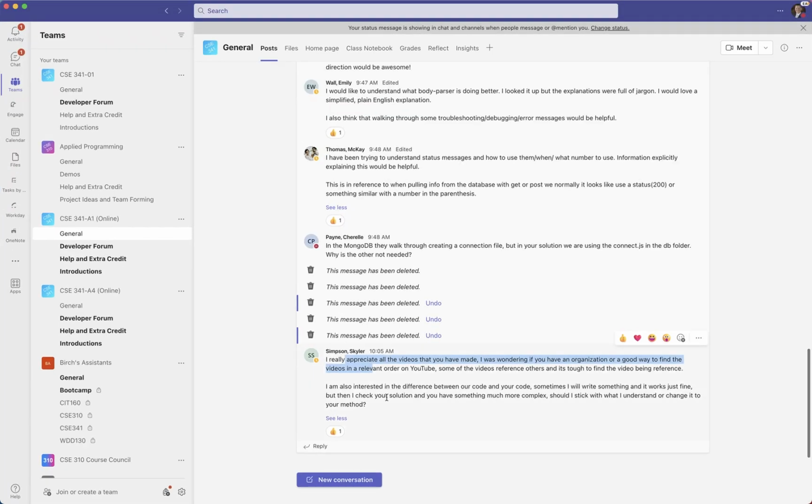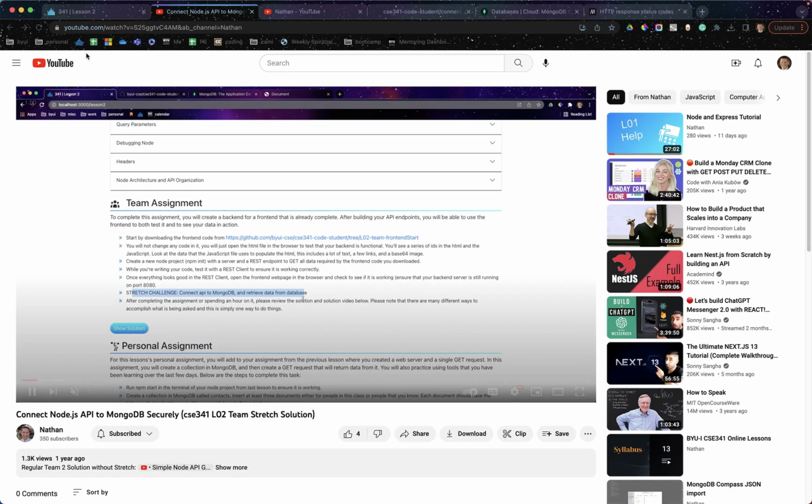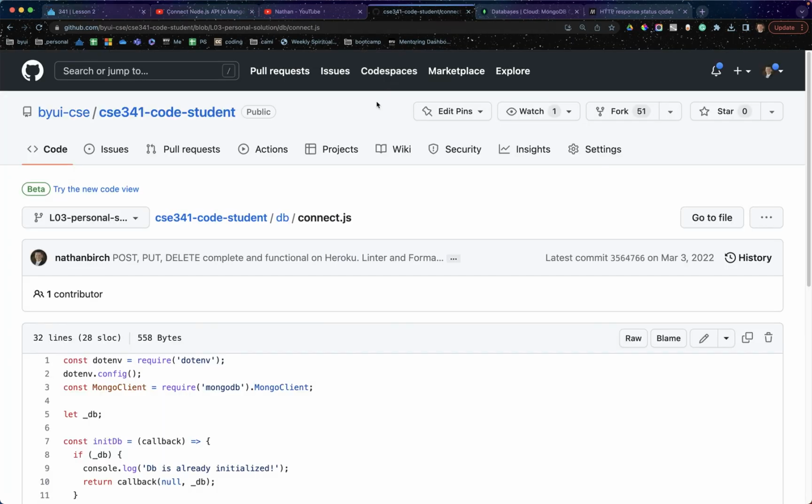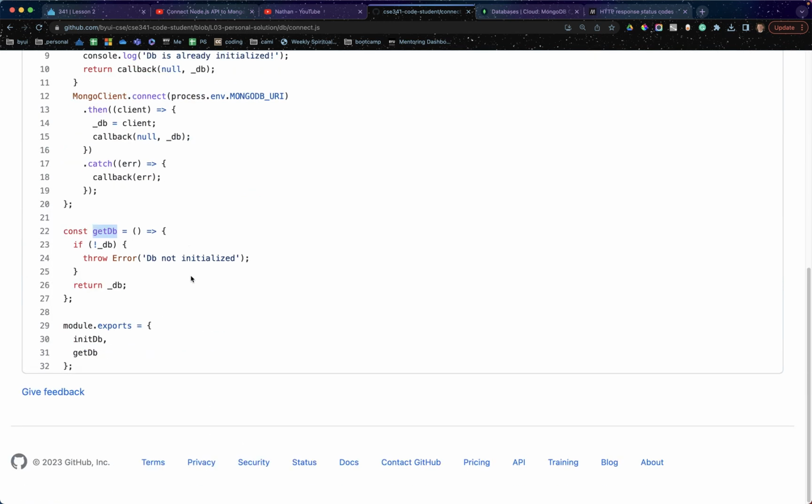All right, I'm interested in the difference between our code and your code. Sometimes I'll write something and it works just fine, but then yours is more complex. Okay, so no, you should absolutely stick with yours. If you like the way yours looks and it makes more sense to you, then do it. A lot of the time mine is more complex. I had that thought a second ago when I looked at this week 3 personal solution,